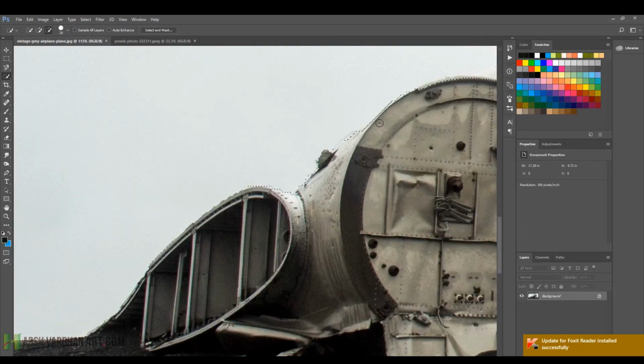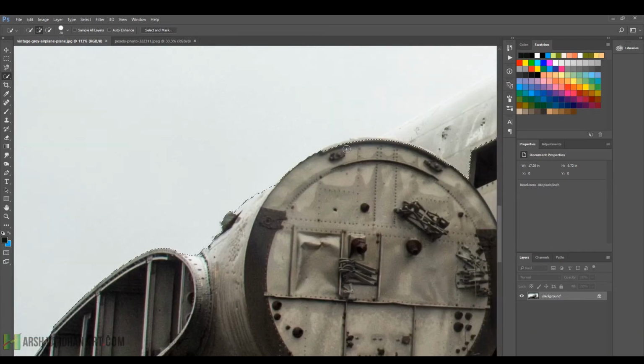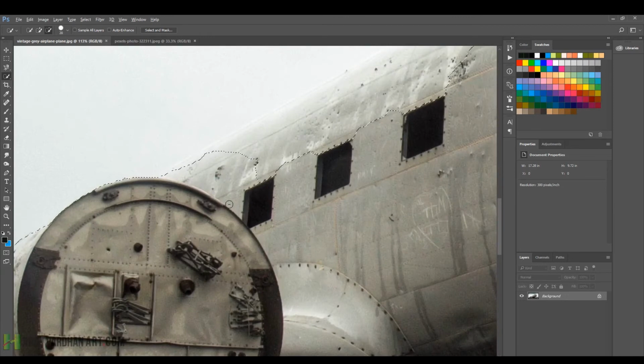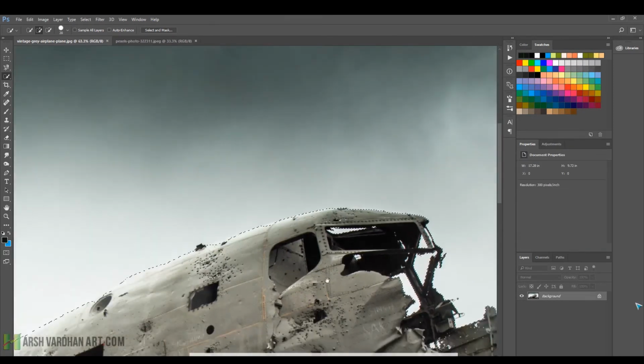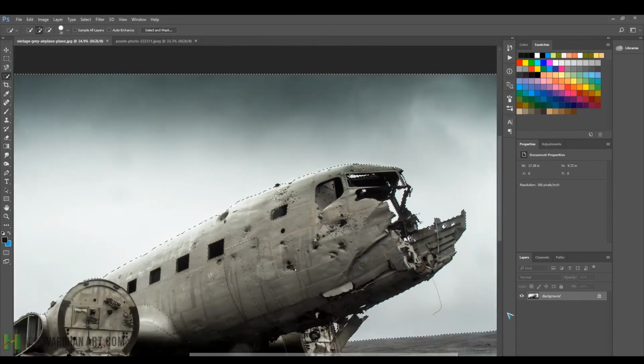Since we are selecting the background or the sky in this, that's why we need to press Alt or Option to remove certain parts of this extra selection. So let me just quickly do it and let's come back. And I have done this selection,